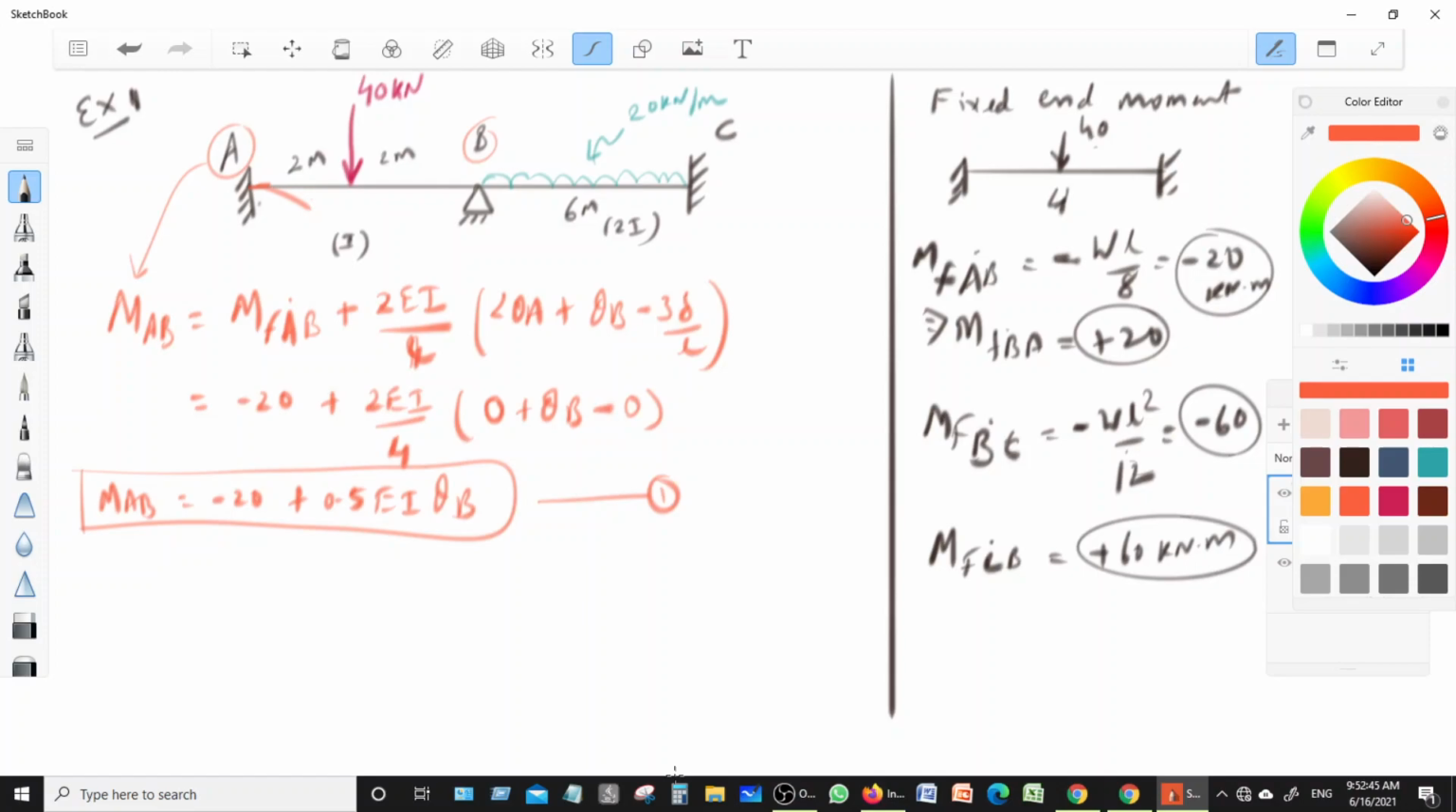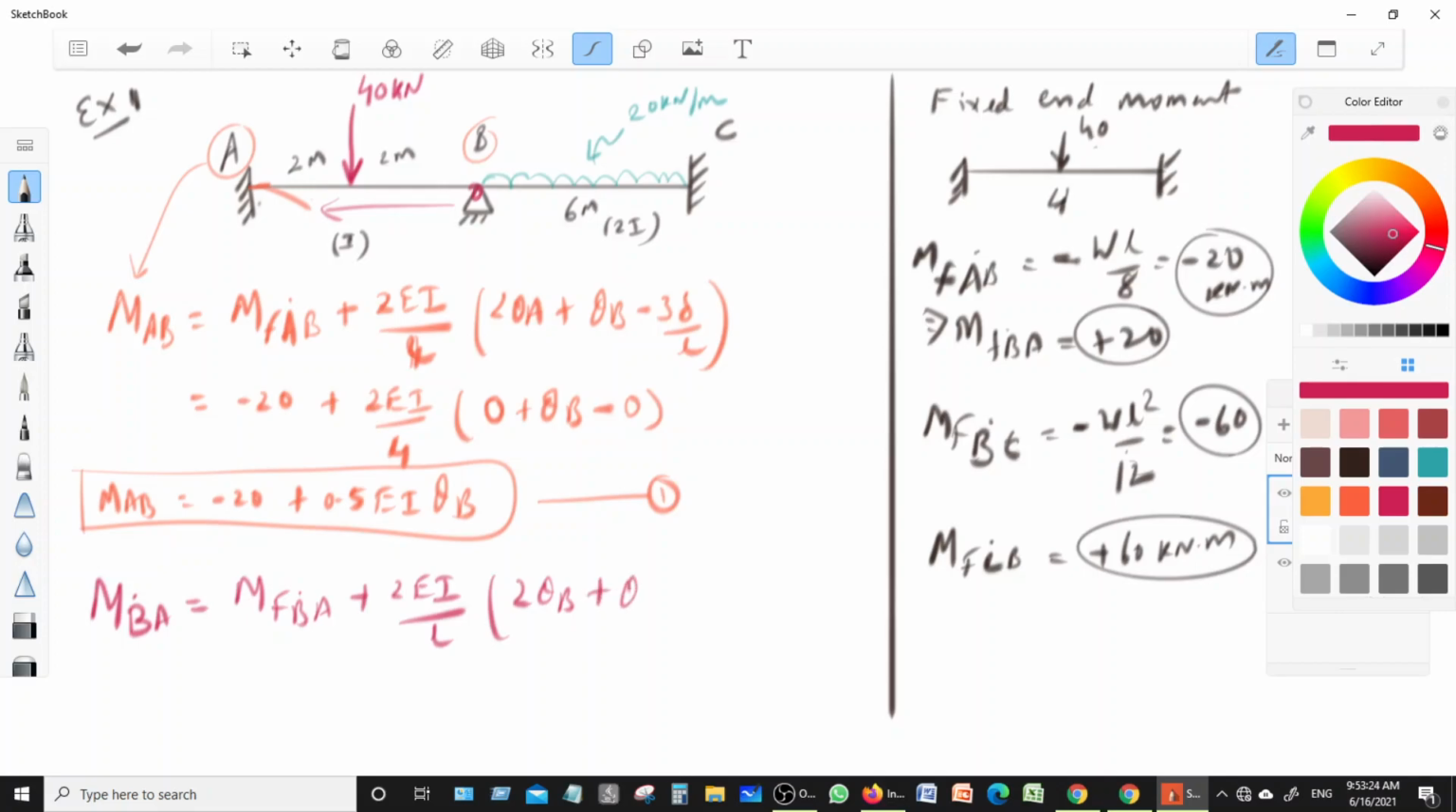Now we apply the same thing for the BC span. So we find out MBA. For AB, the moment at B due to this loading, due to AB, will be the fixed end moment at B for AB, plus 2EI upon L. Here it will be 2 theta B,